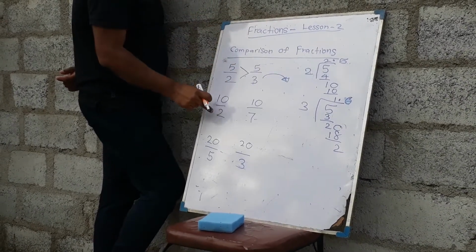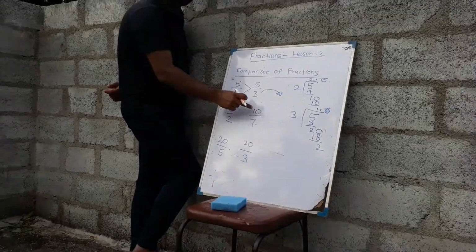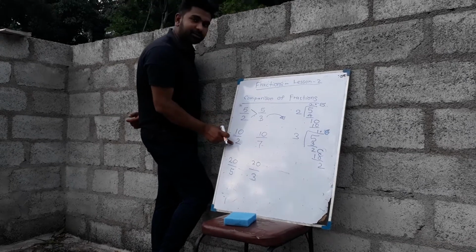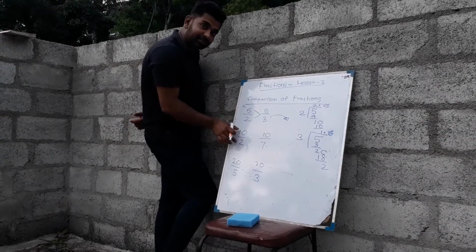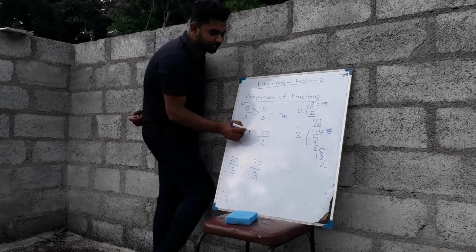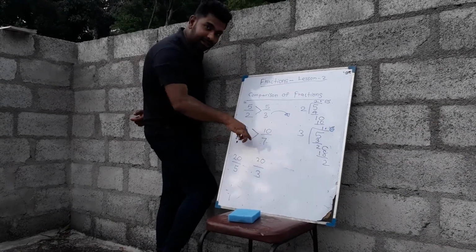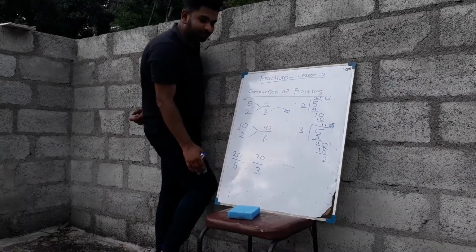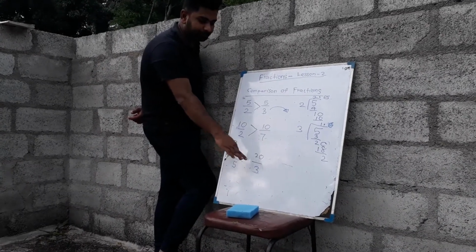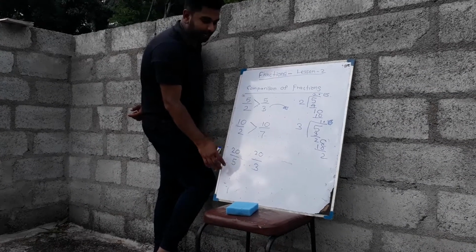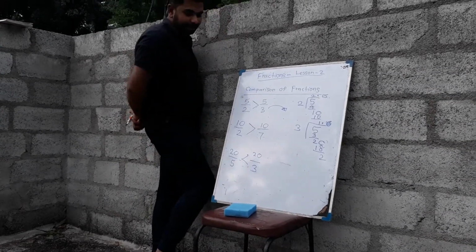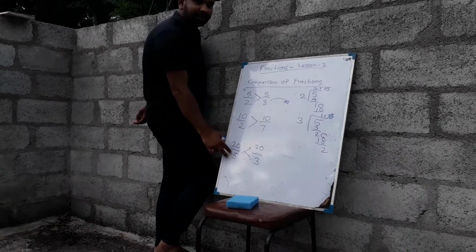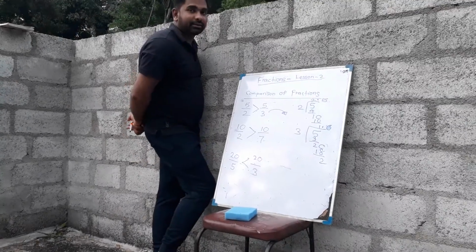According to that method, if you look at this one, the numerator is equal. If you look at the denominator, this 7 is the greater one. This is the smaller one. But this becomes the greater one. So you need to put like this by looking at only the denominator. And if you go to the last one, you can see the numerator is equal. And if you look at the denominator, 5 is greater. That becomes the lesser one. Then you can put like this, right? The fraction with the bigger denominator becomes the smaller one.